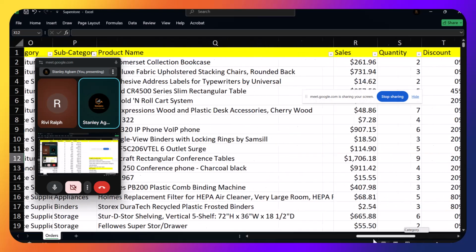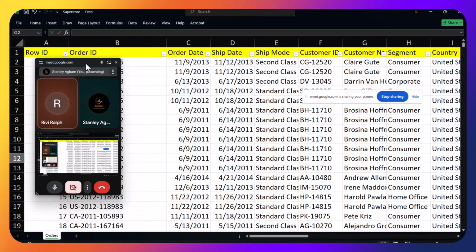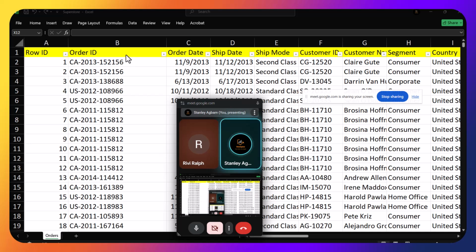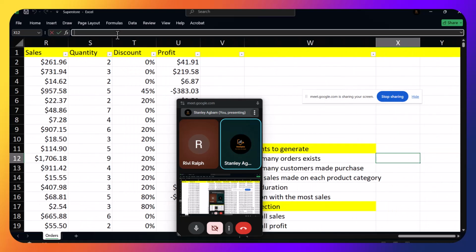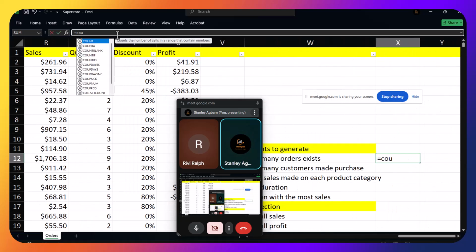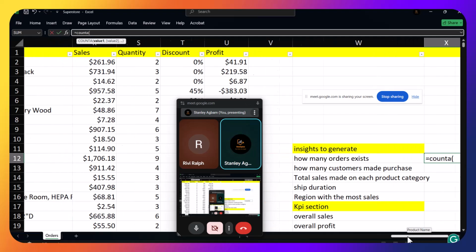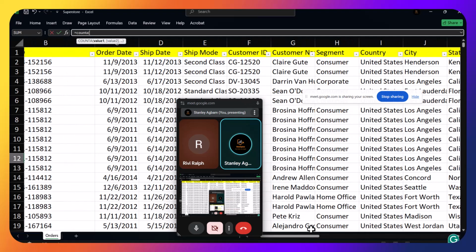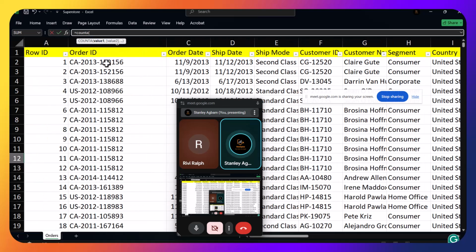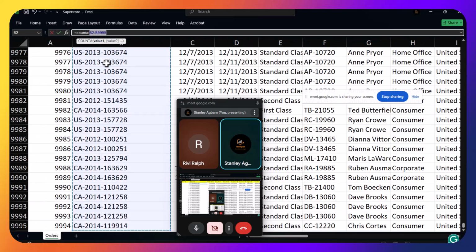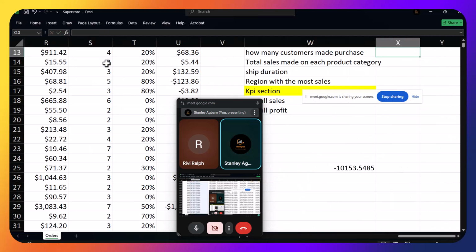What COUNTA does is that it counts the number of rows that are not blank, that contain values inside. So we're going to work on this. Let's work on this one. No, not this one. Okay. So you can see we have a total of 9,994 orders,